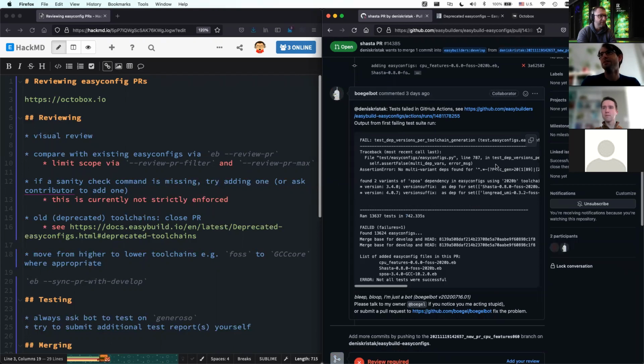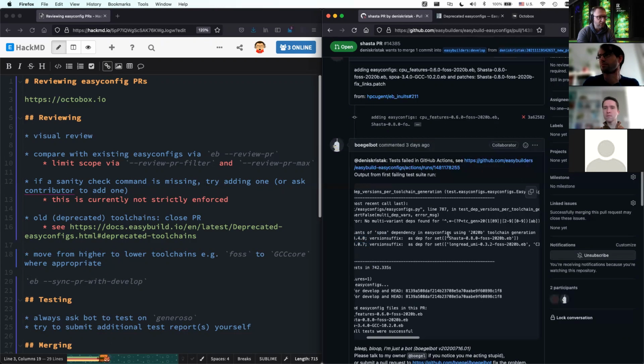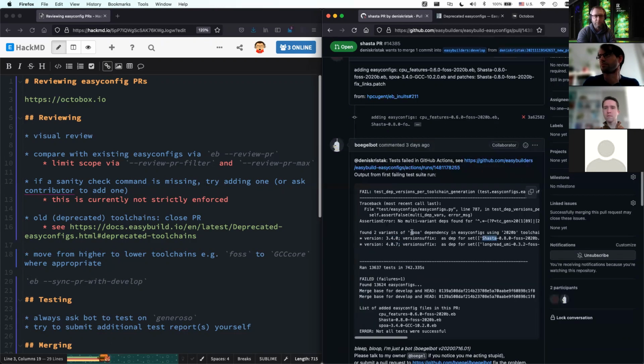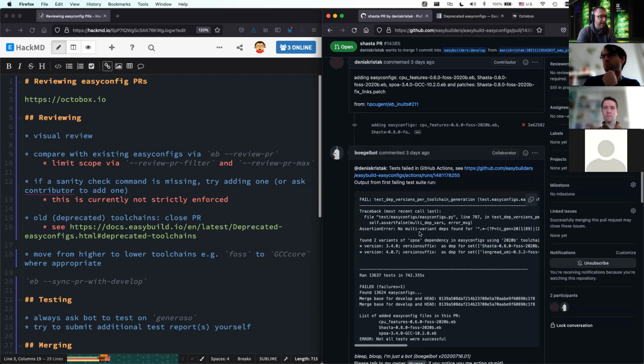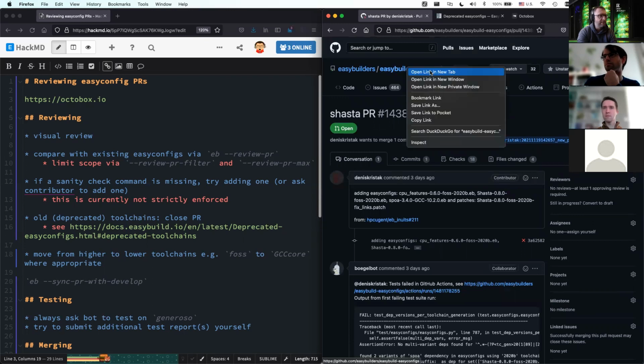So if you get a failure like this, this is an example of that, where this SPOA thing is now being used in two versions, an old one and a new one. And in this case, I know for Shasta, you really need an old SPOA. So there's no easy way you can get it working. So this would be eligible for making an exception. So what you do is